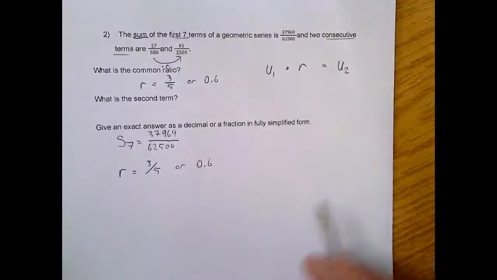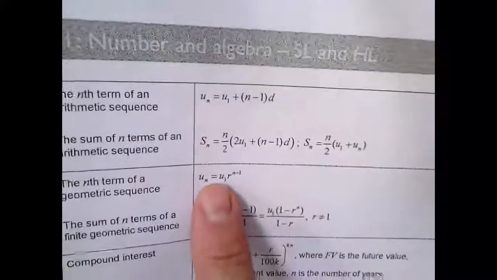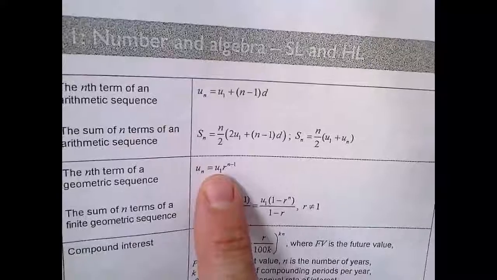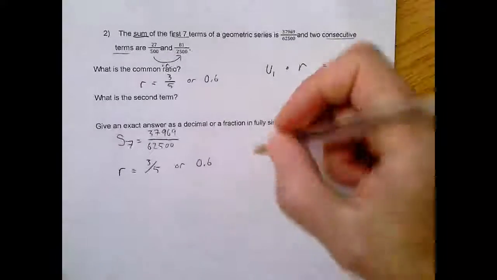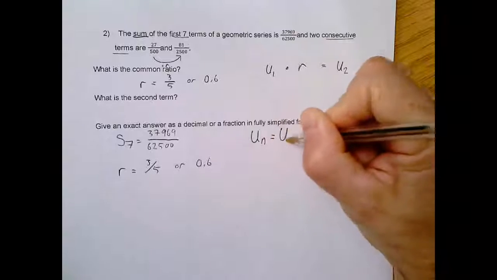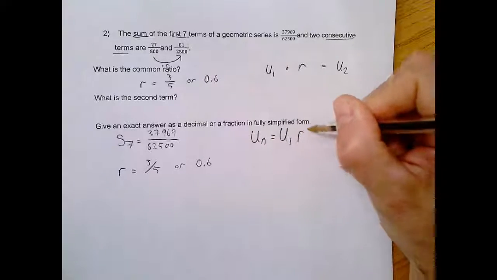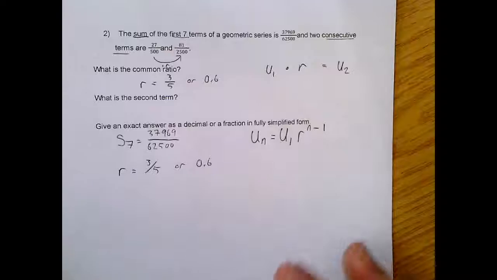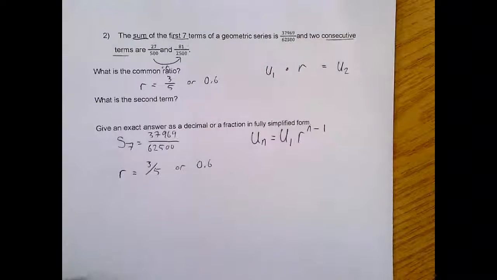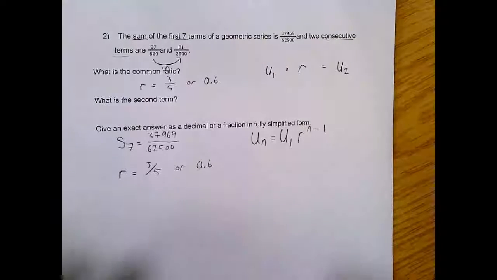And so the formula we're going to look at in our formula booklet is, I think, this one right here. This can help us isolate u sub 1. So I have this formula, u sub n equals u sub 1 r to the n minus 1. And if you started the substitution process, it should become pretty clear pretty fast, okay? So for instance,